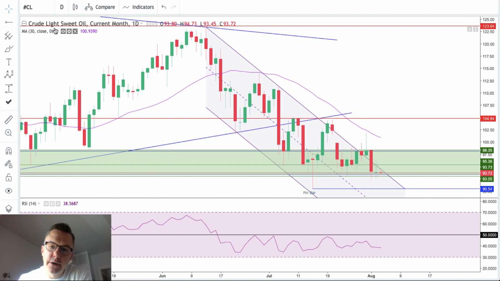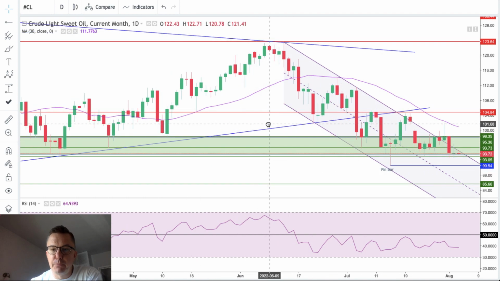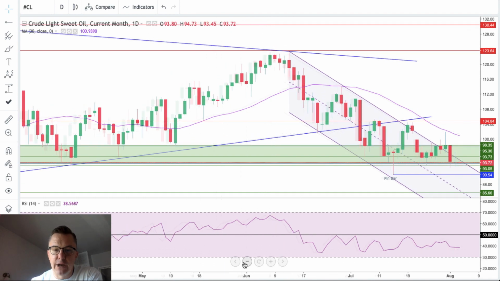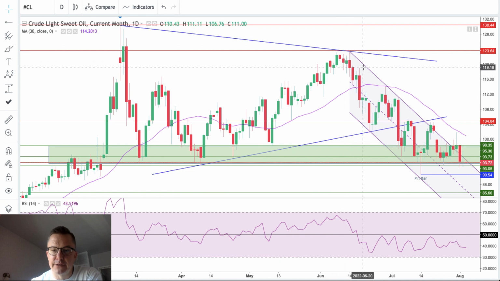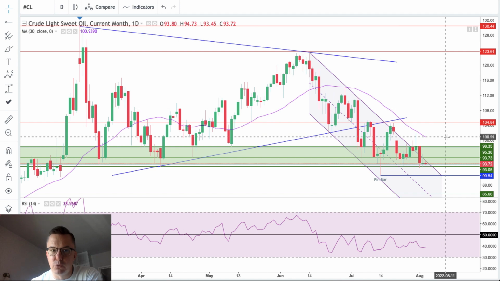What's going on in oil? We are right now on a daily time frame chart of the crude oil. We broke from the supposed triangle pattern, distribution pattern. We are inside of the descending channel, daily time frame chart. So this is the daily 30-day moving average. We are below the 30-day moving average right now. It's 100.93, pin bar here, abandoned chart here, bearish engulfing here, bearish engulfing here, big